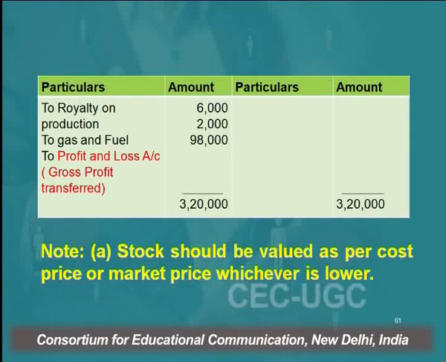And on the credit side, all incomes are shown, and the first item is sales 3 lakh, sales return 16,000. The net amount, net sales, is 2,84,000. There is one more item which is appearing on the credit side of the trading account, and this item is loss of stock by fire. Why have we shown this loss of stock by fire on the credit side?